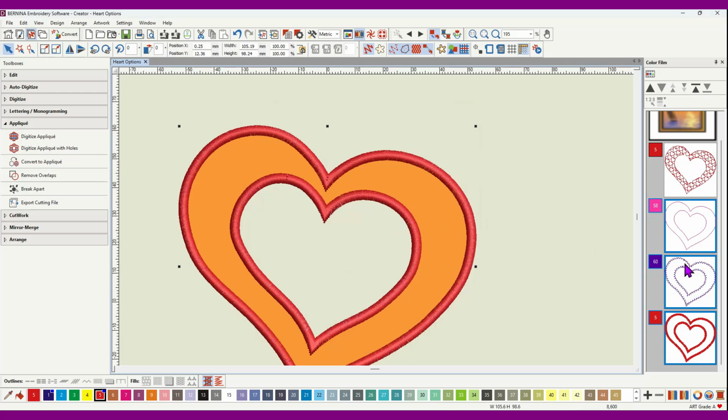And again, as I said, break it apart, move your fill stitch down to below the satin stitch, because we want to use that as a border on the outer edges, but after the applique objects. Alright,